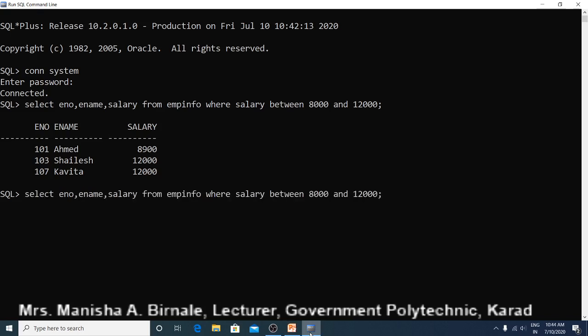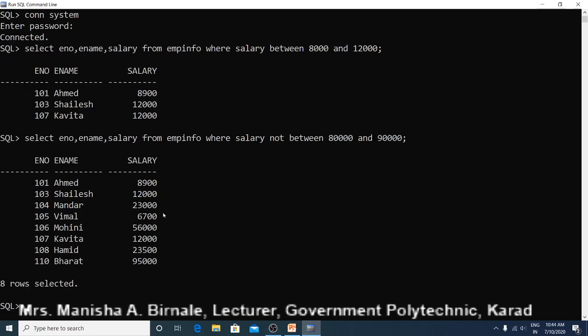You have to write, select ENO, name, salary from empinfo where salary not between 80,000 and 90,000. So here you can see information of all employees whose salary is not in this range is displayed. Here the salary is 95,000, so it is out of this range 80,000 to 90,000, so that information is displayed.